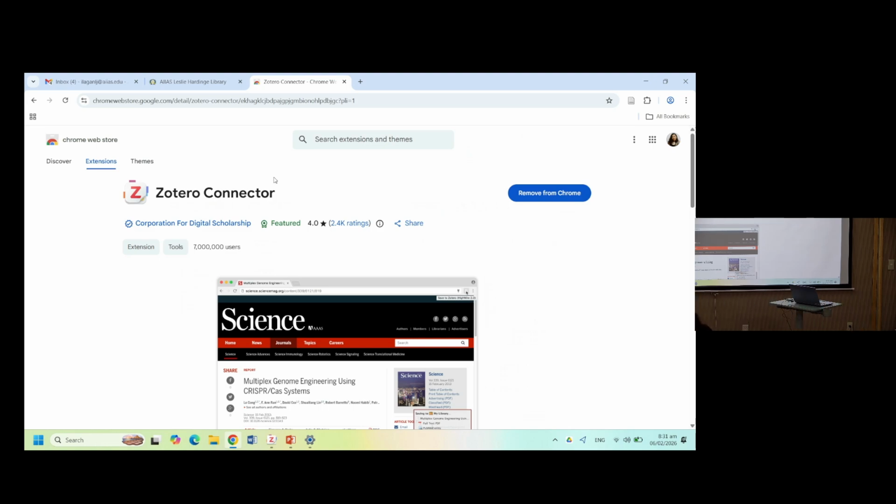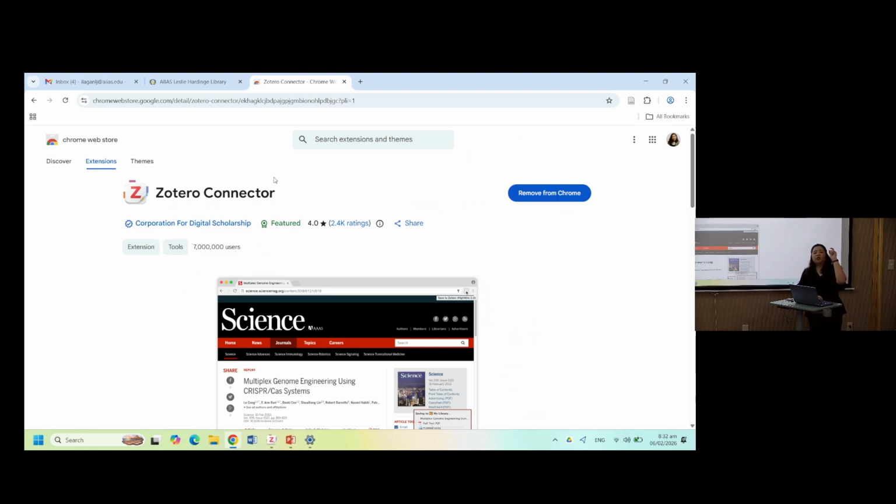In the browser, download, and then install. Not yet, you still need to add to Chrome. Add extension. You have it. Good.